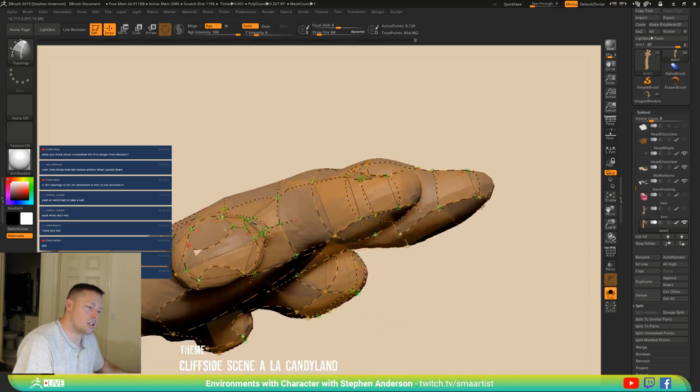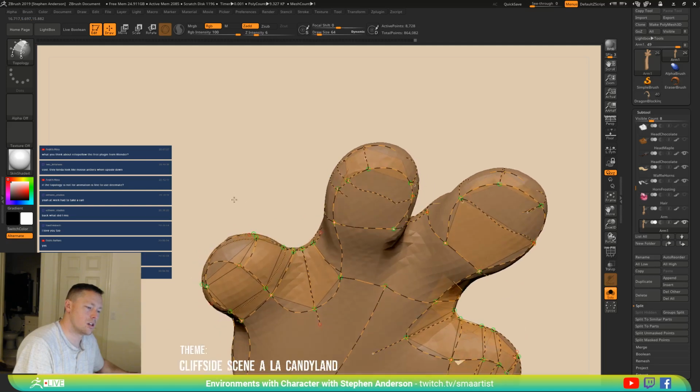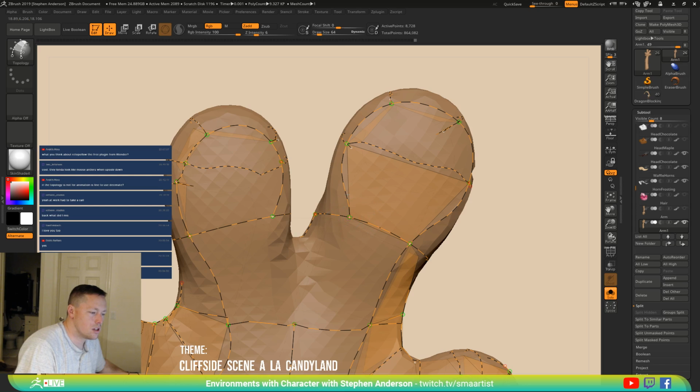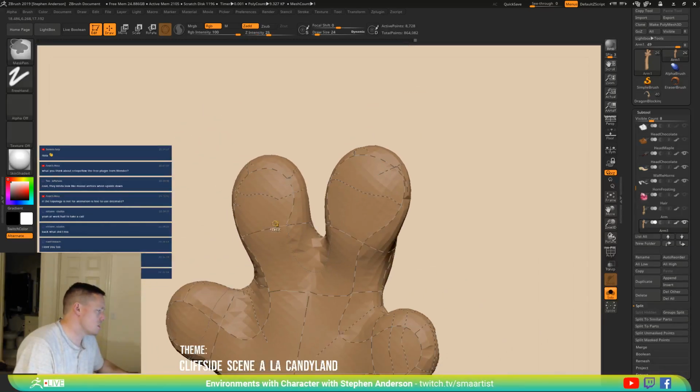Okay, let me see. Go ahead and we'll draw this in. This is going to be a lot of like